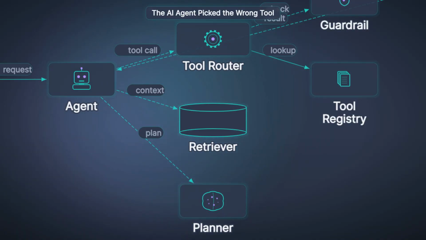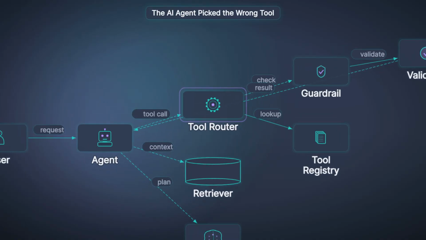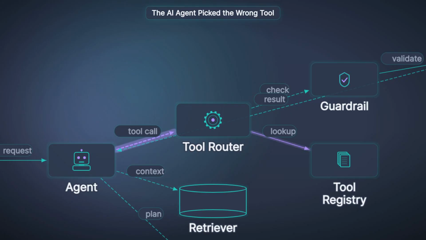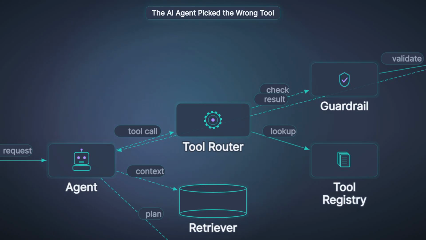informed decision making. When the tool router queries the registry, it retrieves two flight search APIs: version 2, which is active and fully featured, and version 1, which is marked as deprecated and scheduled for removal. Due to a routing glitch, it selects V1 instead of V2. The registry immediately flags this inconsistency, displaying a version conflict error as the selected API does not meet the current